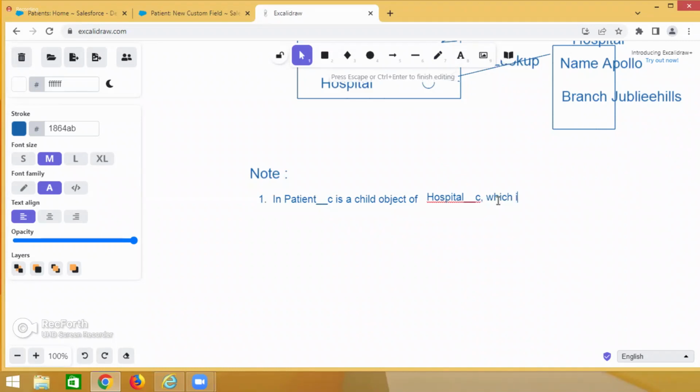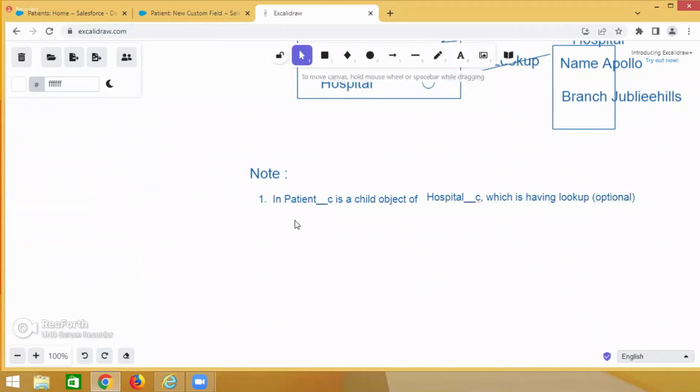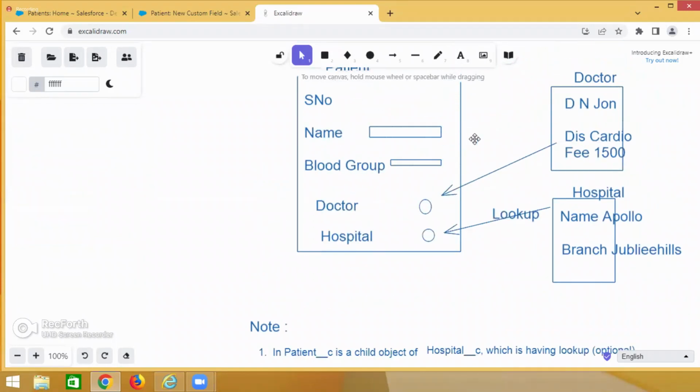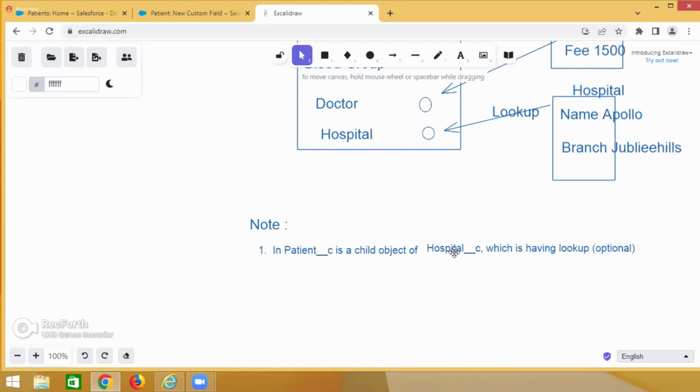Child object means, and also, which relationship does it have? Lookup. Lookup means optional, right? Very important, guys. Having a lookup is an optional relationship. Whatever we did, I just add one, whatever mode. See here, this is the patient, this is the hospital. From the patient and hospital point of view,